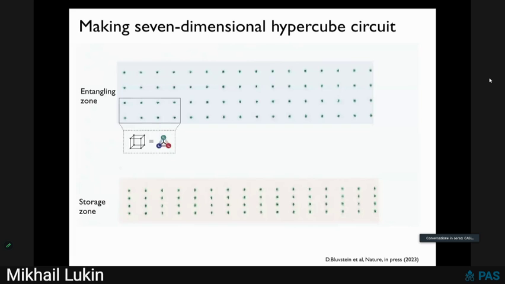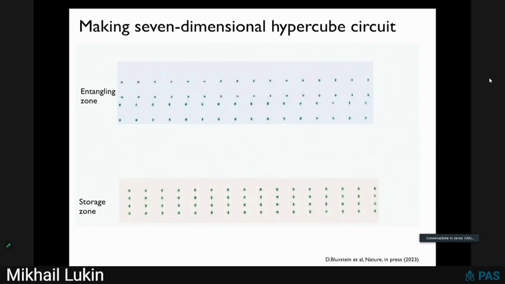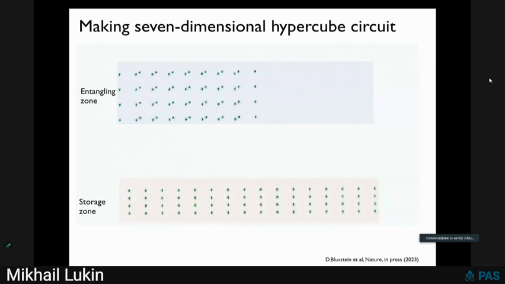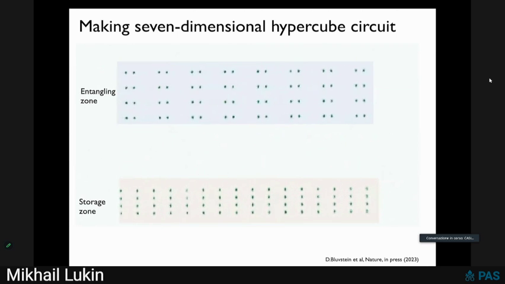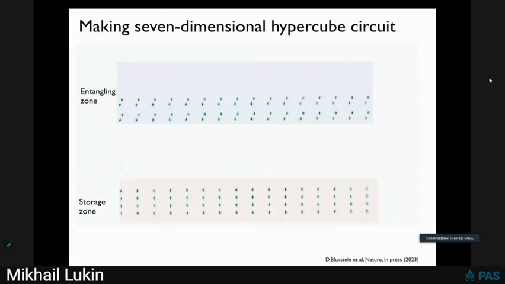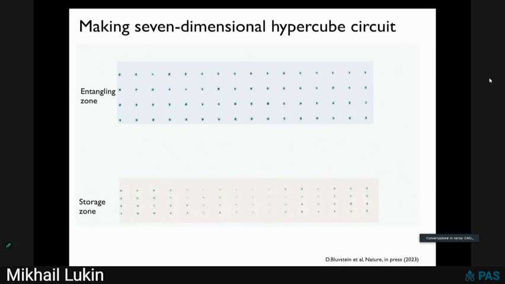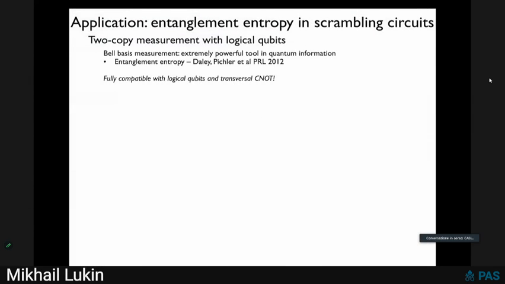So I will finish with a movie of how this circuit is made. What you'll see here is that we are making, in a hierarchical structure, larger and larger hypercubes, and then we either run out of space in the entangling zone, so we have to deposit one set of qubits and store it, and then make other hypercubes, and then eventually we bring these qubits together and entangle them into a logical circuit. So, okay, this is actually only the start of the fun, but I will try to finish here.